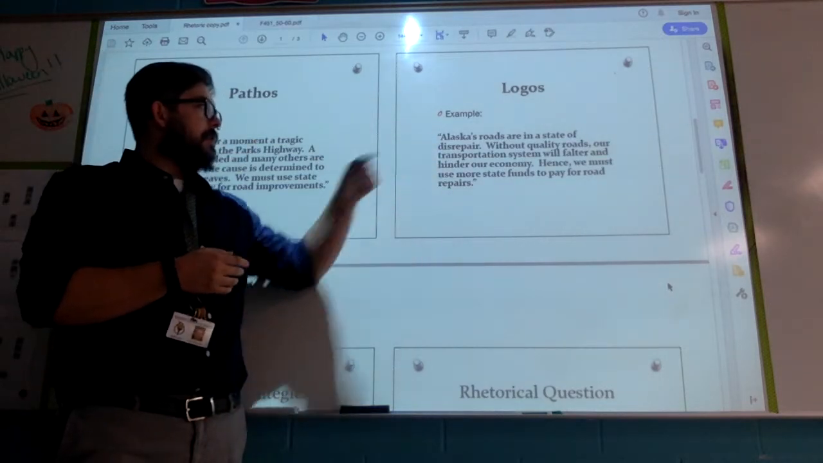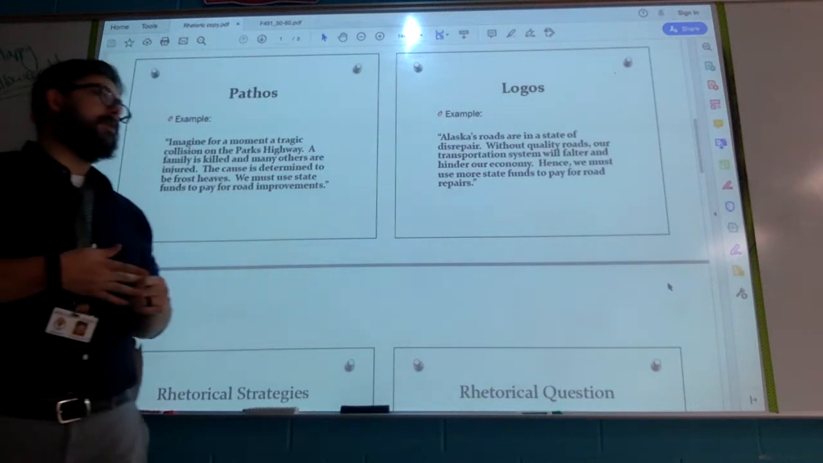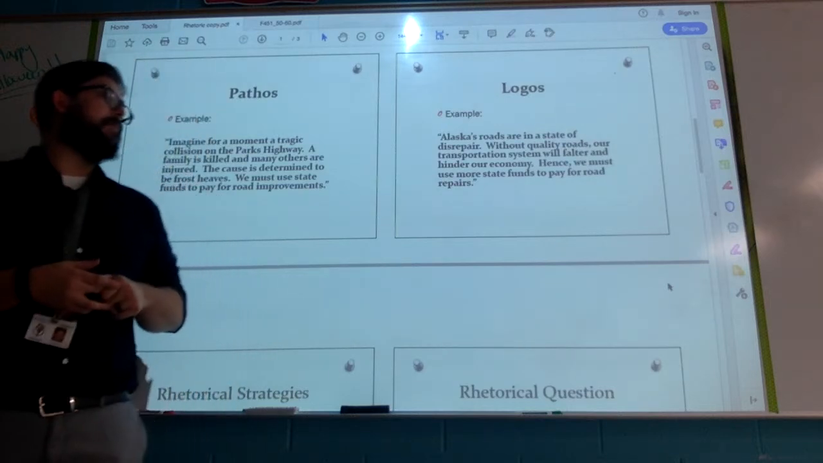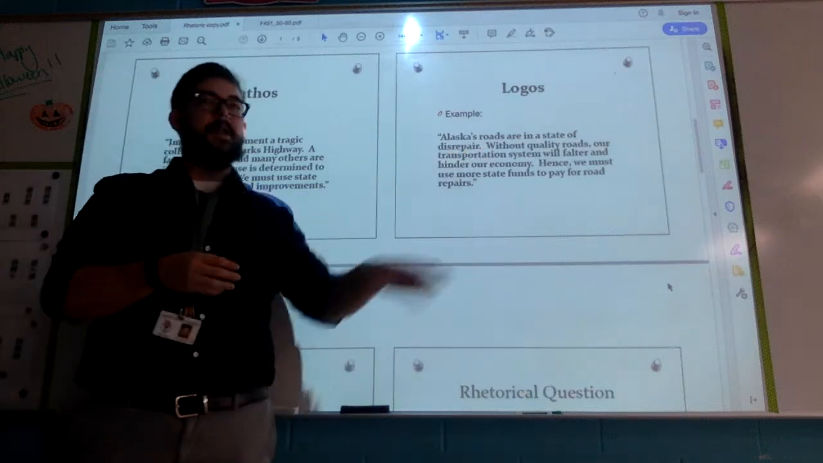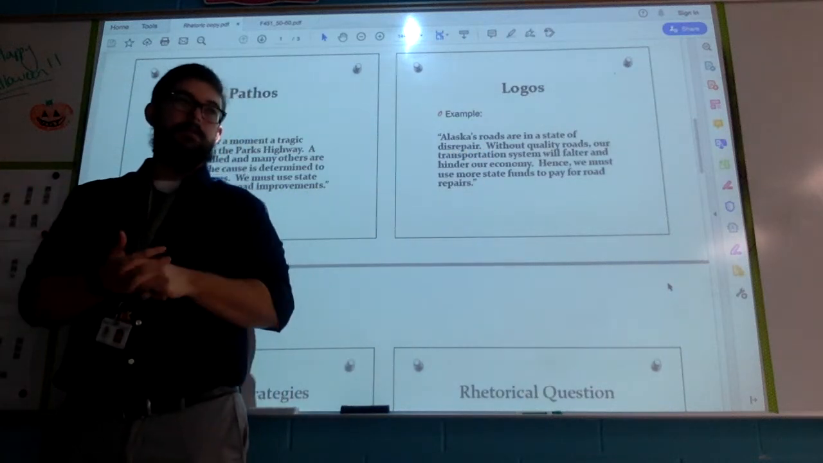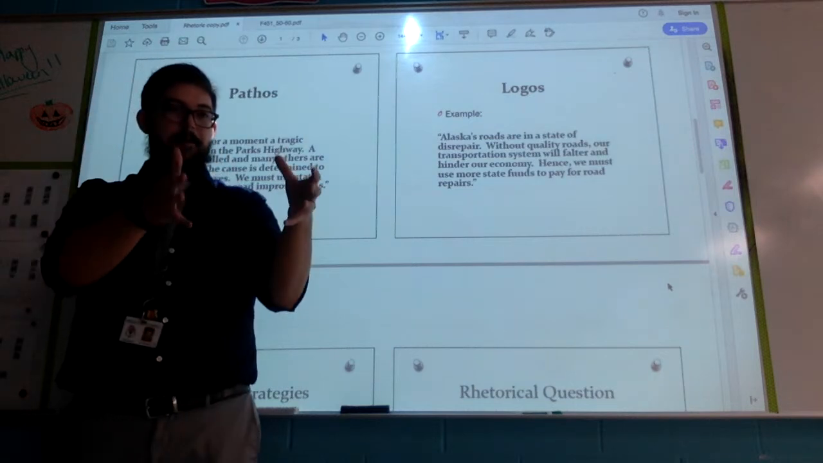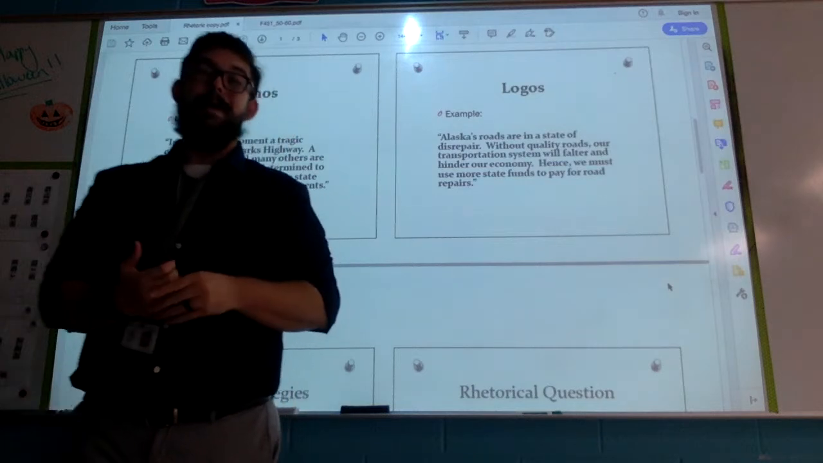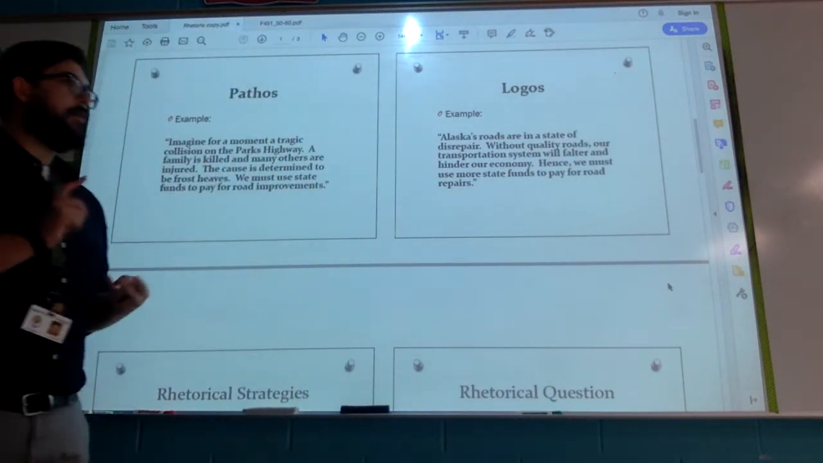The example they have for us: Alaska's roads are in a state of disrepair. Without quality roads, our transportation system will falter and hinder our economy. Hence, we must use more state funds to pay for road repairs. Same idea, they want road repairs. To do that, though, they took a much more logical, sound route. They went with facts. Because of this, this will happen. Because this will happen, we need this. Something very factually based. Those are our three different types of rhetoric: ethos, pathos, and logos that we're going to